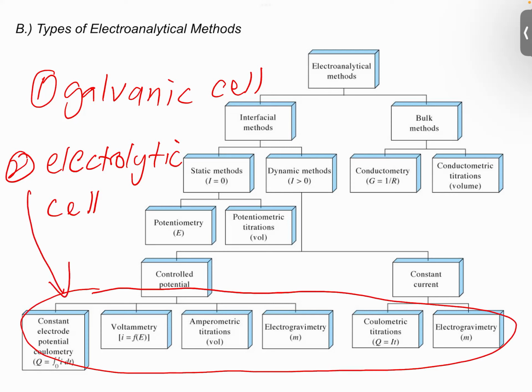So galvanic cell is known as potentiometry, whereas electrolytic cell is where we have voltammetry and amperometry. Usually we don't discuss this one. I'm not going to discuss it to the extreme